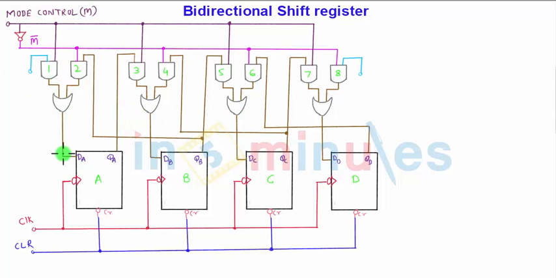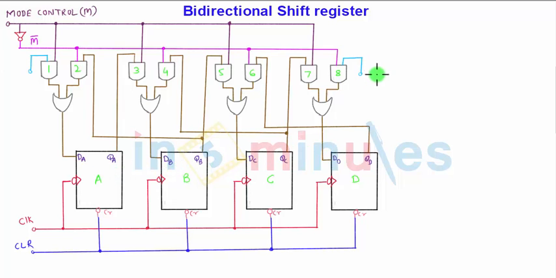So suppose from here DA, QA is given to the 3rd AND gate, QB is given to the 5th, QC is given to the 7th. If you think of it this way, AND gate 1 to DA, QA will shift to 3, to DB, QB to AND gate 5. From DC, QC will go to the 7th AND gate. Means just now we have seen the data shifted towards right from A to B to C to D.